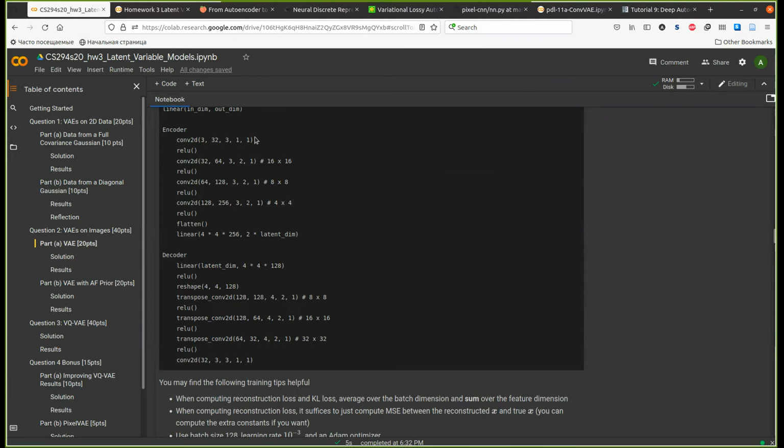So we go from 32 to 16 to 8 to 4 here, and then project to the latent space, a flat latent space, using a linear layer. Then we just go backwards: we use a linear layer projection, then we reshape it to the 3-dimensional input, and then we propagate it through transposed